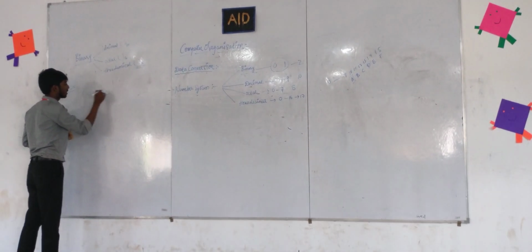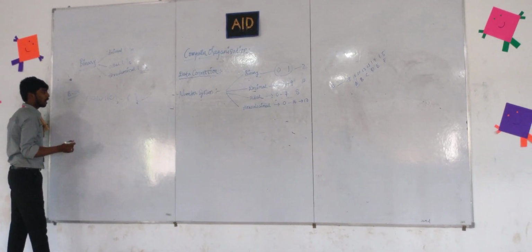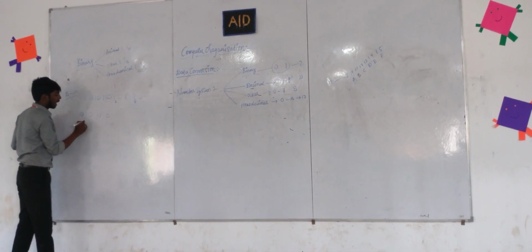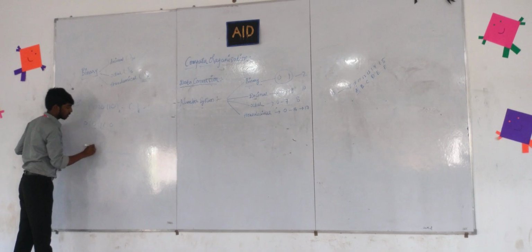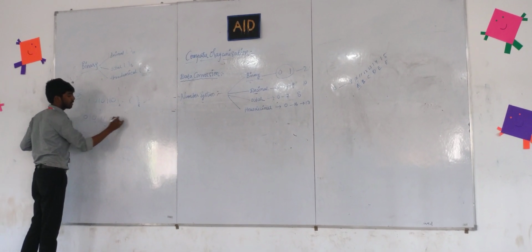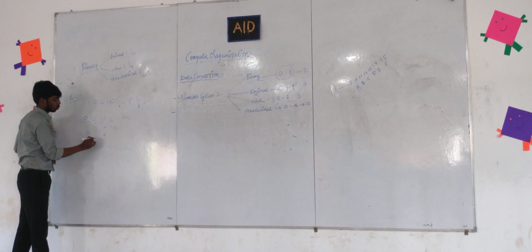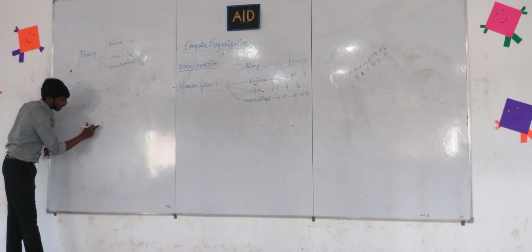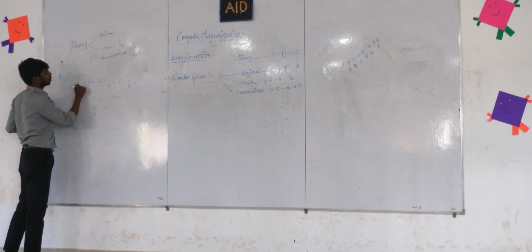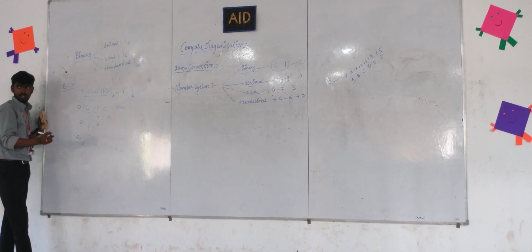I have taken this binary code and I need to convert it into octal. Now how do I need to do it? First step is to split them all into spaces and divide them into groups of 3. Now what was the binary number of this according to 8421? 6. What was this binary number? 2. So you do not add them, you just combine them. 26. So the octal number of this binary code is 26.